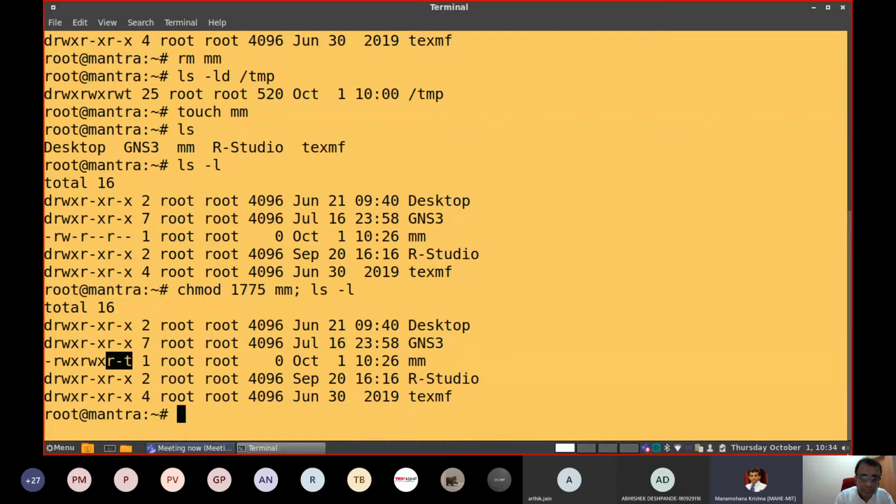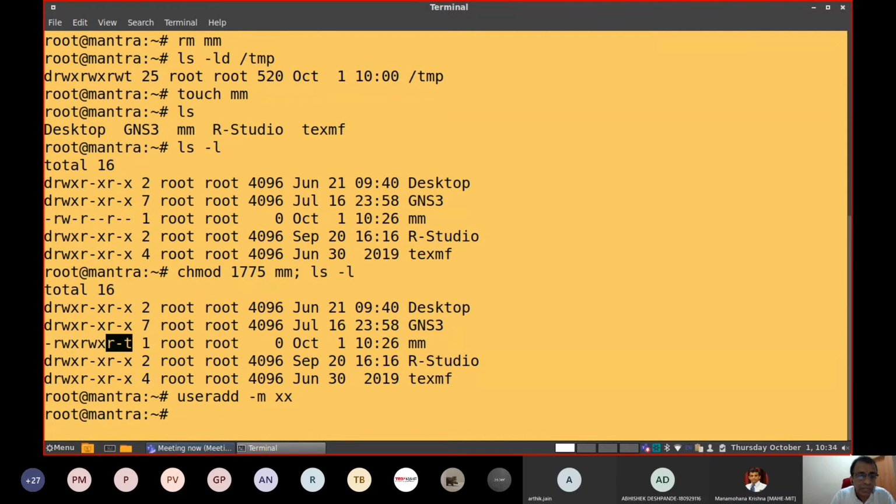Say for example, look into this. I am executing the useradd command with superuser privilege. useradd -m xx.